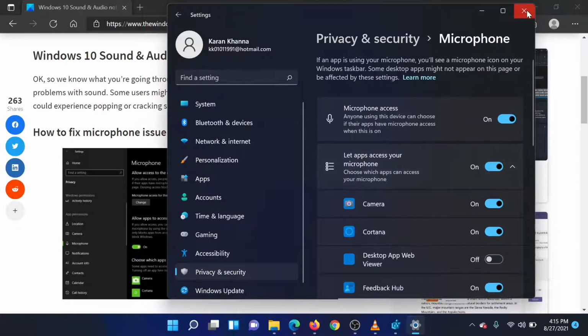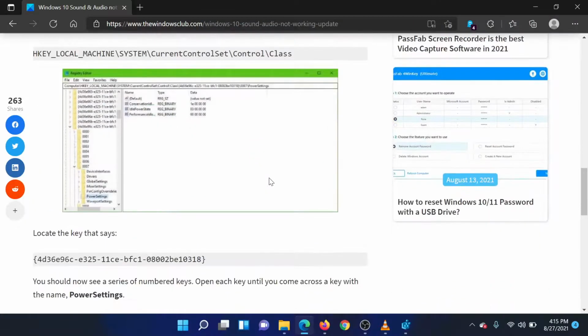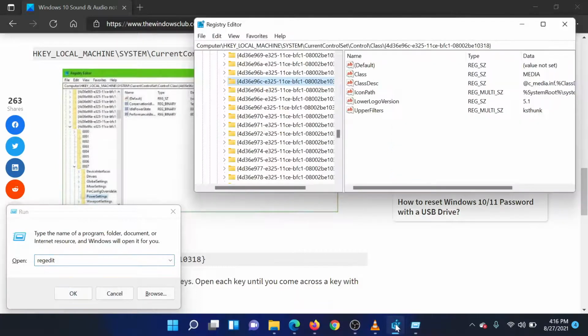The next solution is through the Registry Editor. Press the Windows key and the R button together to open the Run window. In the Run field, type the command regedit and hit Enter to open the Registry Editor window. In the Registry Editor window, scroll to the path